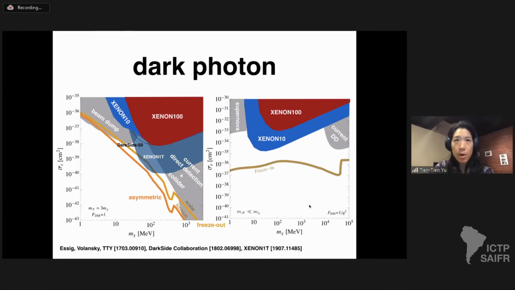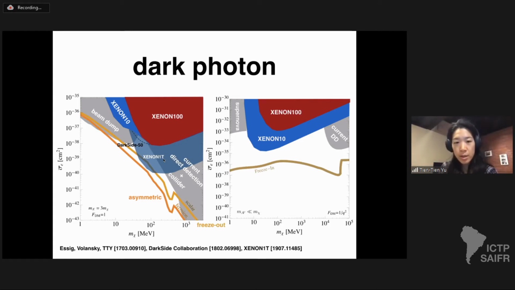And given a specific model, in this case a dark photon model, you can make predictions for where some interesting target regions would be. So I'm showing here in the gold and yellow curves, for specific production mechanisms, where the cross section would need to be for a specific dark matter mass to get the observed relic abundance. And so this makes for interesting theoretical targets for dark matter electron scattering. And we see that, okay, xenon 10 is starting to get to this curve, but there's still quite a ways to go downwards and also to the left.